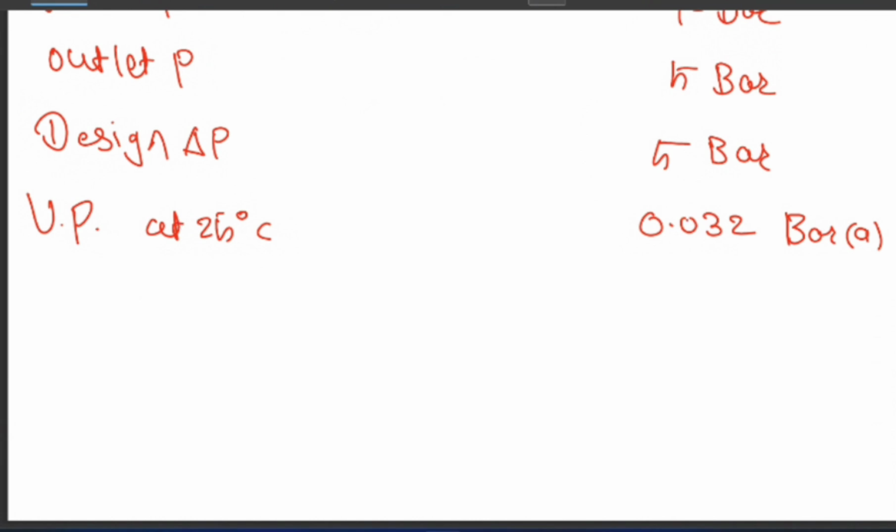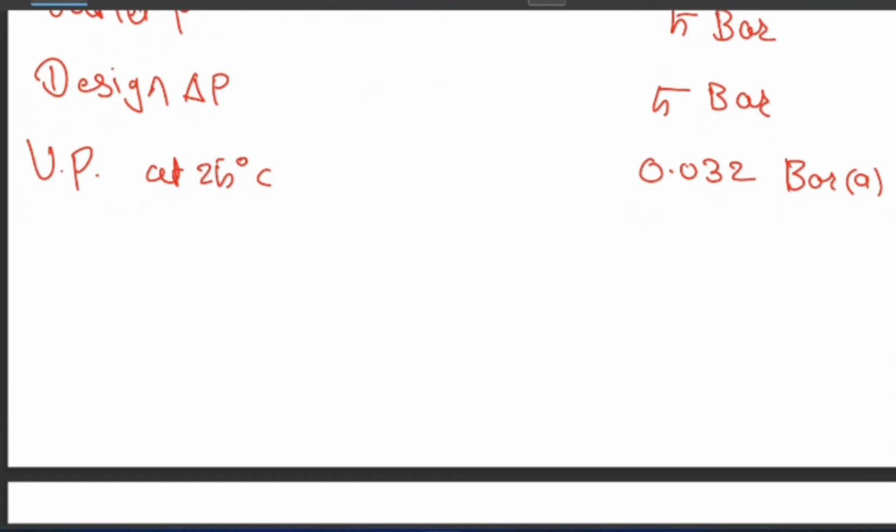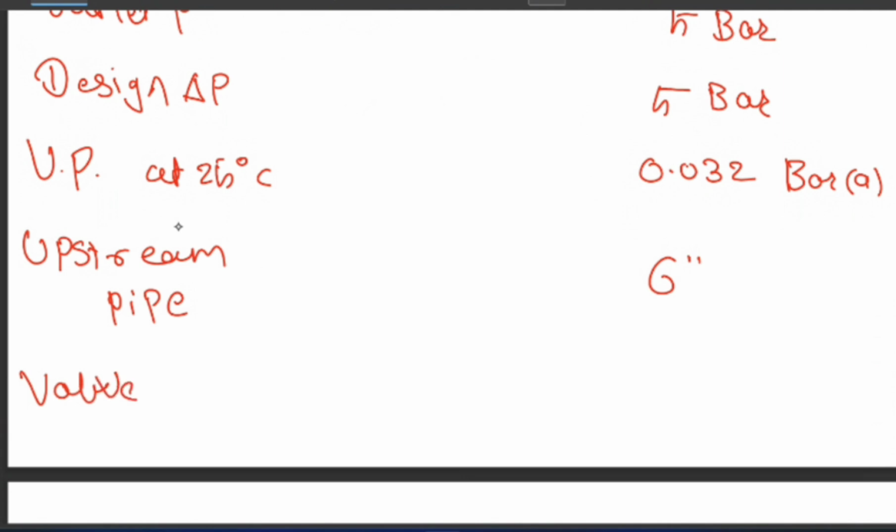The vapor pressure is also required for pump sizing. Your interviewer may ask what data is required for sizing or selecting any pump, so you should explain that vapor pressure is also required. Upstream pipe is 6 inch. Valve type,